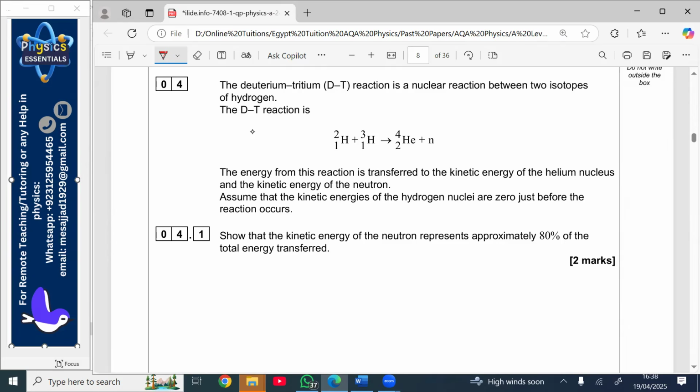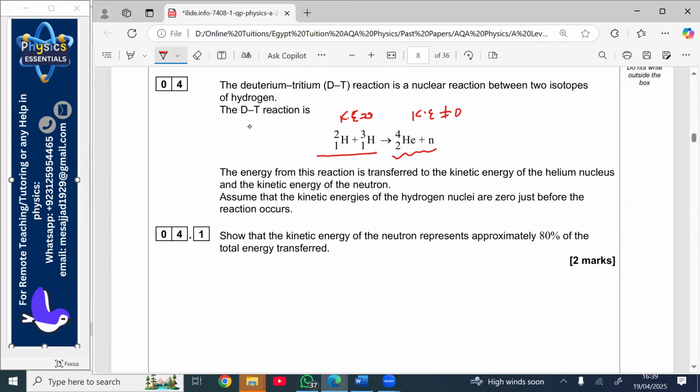Assume that the kinetic energy of the hydrogen nuclei are zero just before the reaction occurs. Okay, very, very important to understand. The kinetic energy here is zero before the reaction happens. Okay, and after the reaction happens, the kinetic energy is not zero,